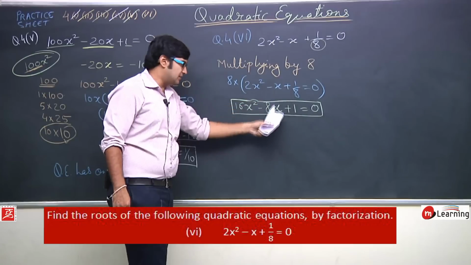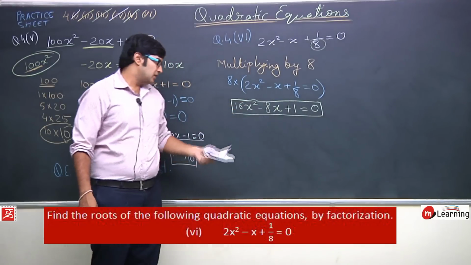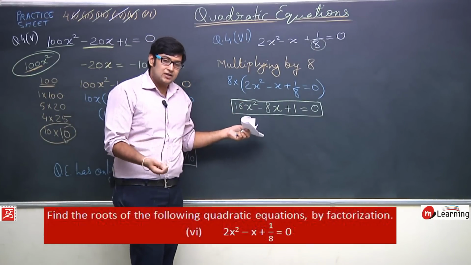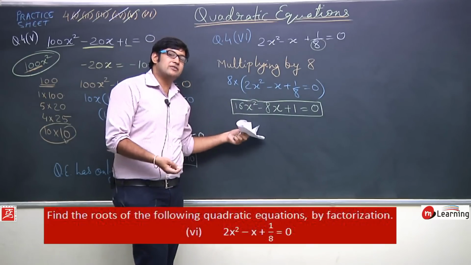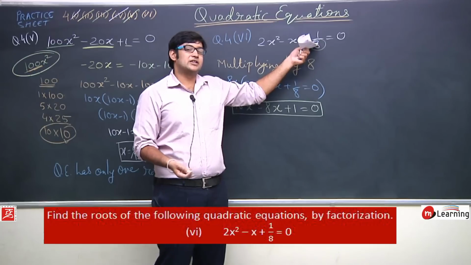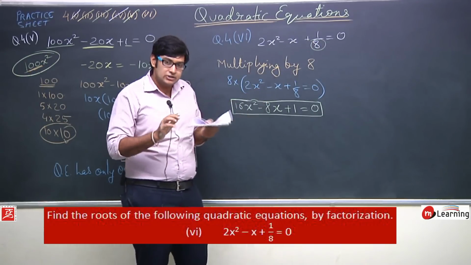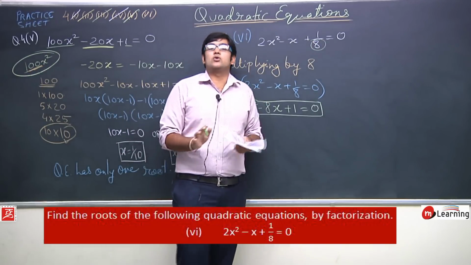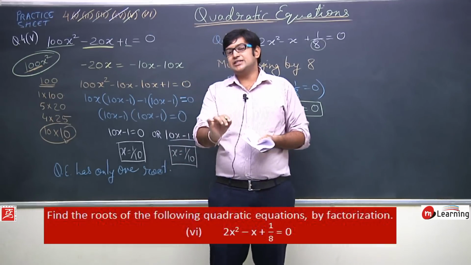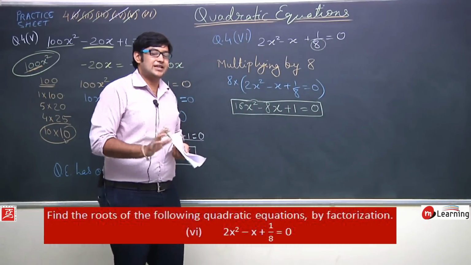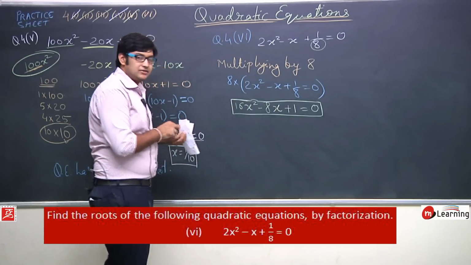Okay, इसको 8 से multiply करा तो ये equation आ गया. Now we are going to find the roots of this equation. Why? Because the roots of this equation and the roots of this equation will be similar. 8 के मल्टीप्लाई करने से इन दोनों इक्वेशंस के रूट में कोई डिफरेंस नहीं आएगा. इक्वेशन के रूट्स तो वही रहेंगे. ओके, इक्वेशन के रूट्स में कभी भी चेंज नहीं आता. ओके, सो लेट अस सॉल्व दिस इक्वेशन.